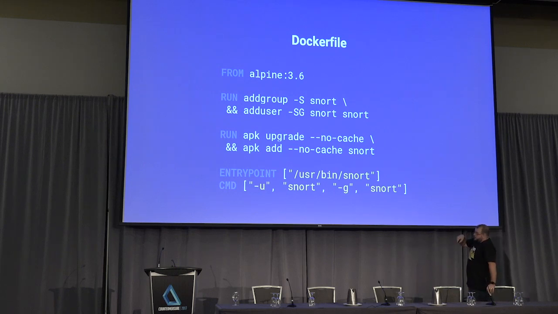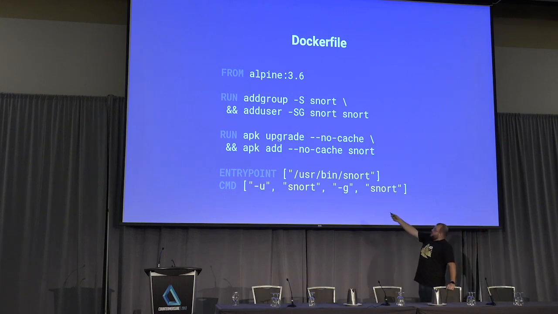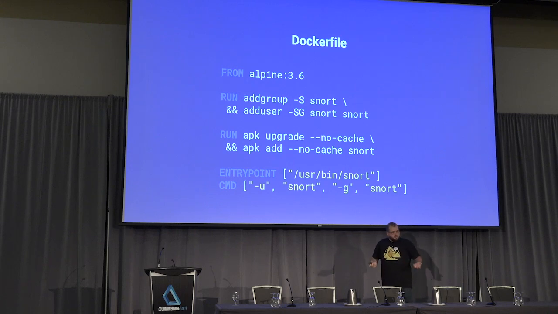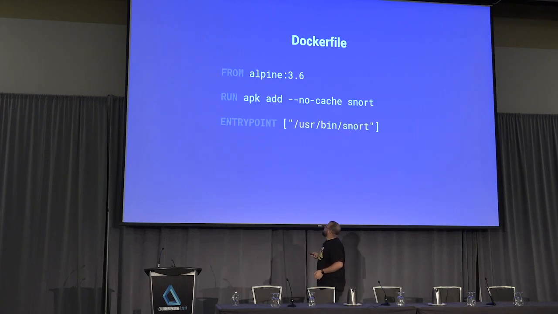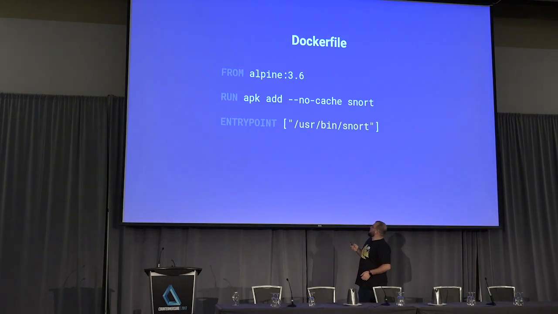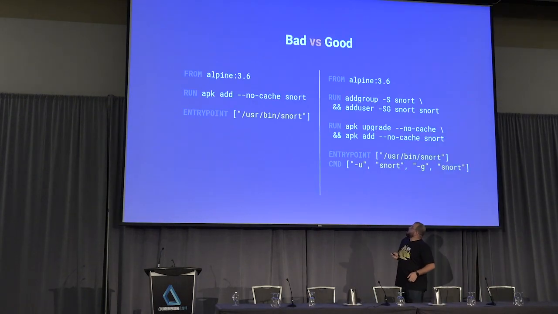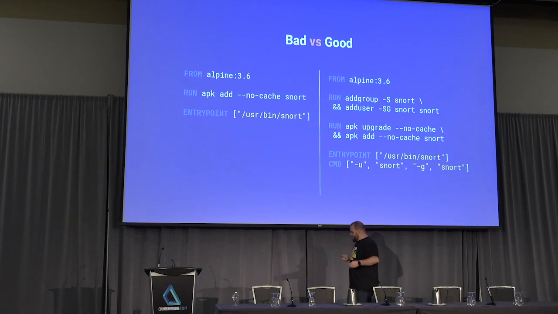The second largest piece, I mean, we're at a security conference, right? Security is important. Run apk upgrade --no-cache. We need to make sure that our packages are always staying up to date, right? Security patching is important. So because of this, you can see that the Docker file has grown from 3 lines into a few. And this is probably the easiest example that I can give you of these Docker files.